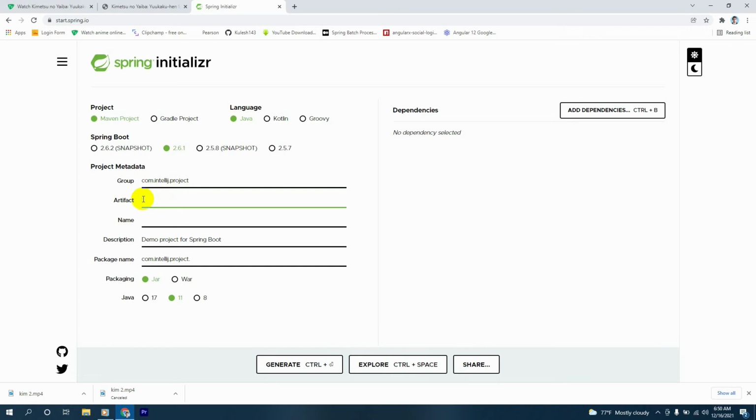No, it will be first project. And next we can provide a description. We'll provide a description for our project. We say Spring working with IntelliJ Ultimate,